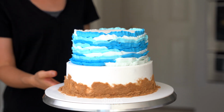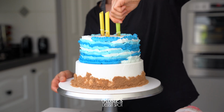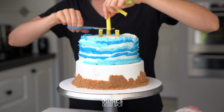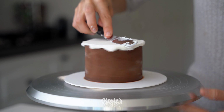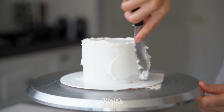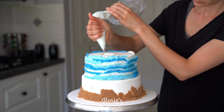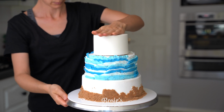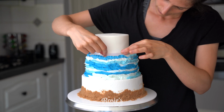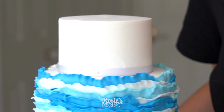And then add bubble tea straws into this one as well because we are applying a final tier again, the 4-inch. I'm adding 3 bubble tea straws into the 6-inch only because the last layer of cake, it's not really big and it's not too heavy, so it doesn't need as much stability or dowels. Cover your cake just like your 6-inch into the freezer for 20 minutes and then stick it together with buttercream. Again, the freezer really helps to set that buttercream so firmly that you can handle it with your hands and